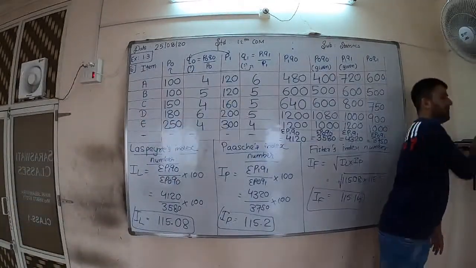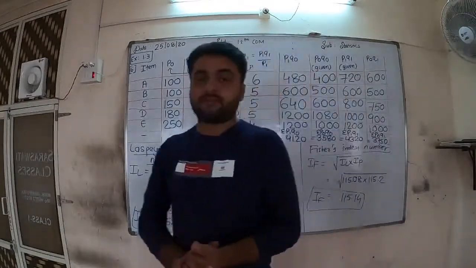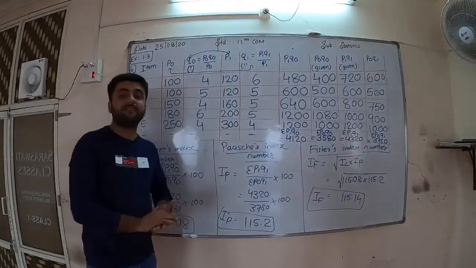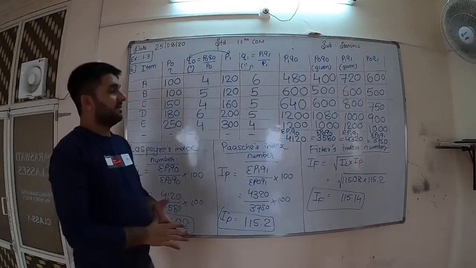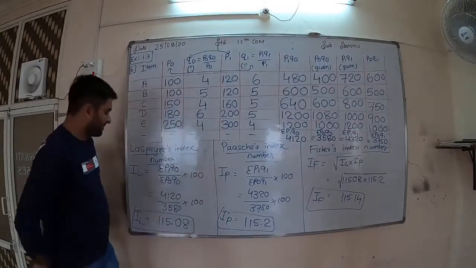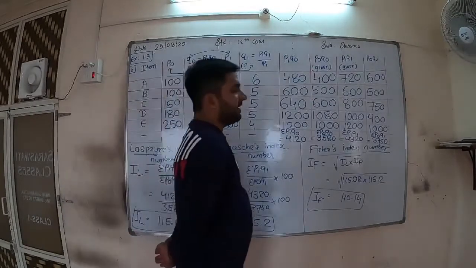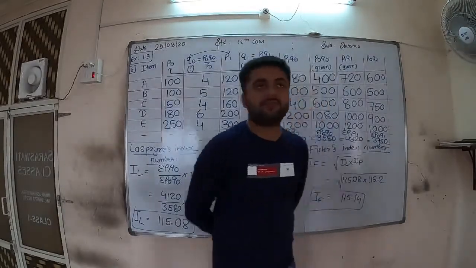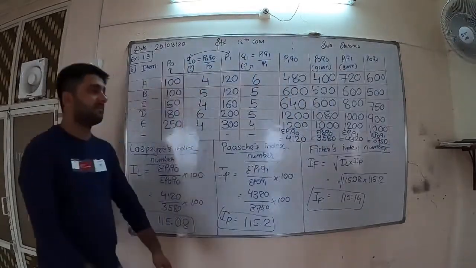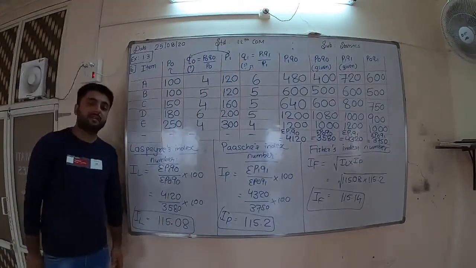And what we have done, we have solved the sums with Laspeyres, Paasche and Fisher's formula. The sums are very easy. These are all simple and basic sums. And tomorrow we are going to learn new types of sums. Okay, so please practice these sums so that you can cope with the next types.